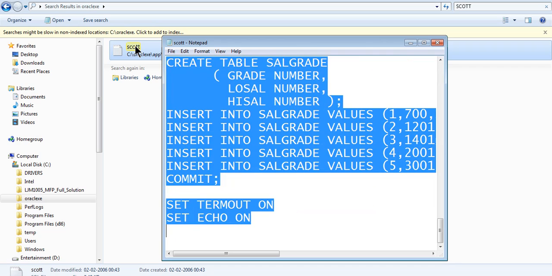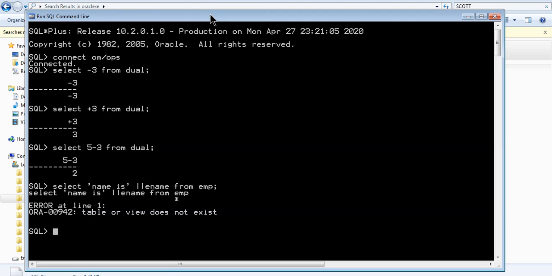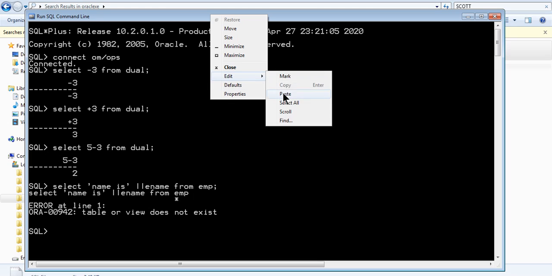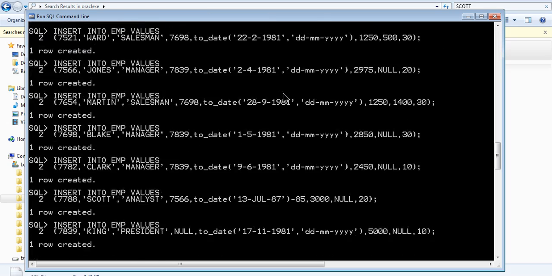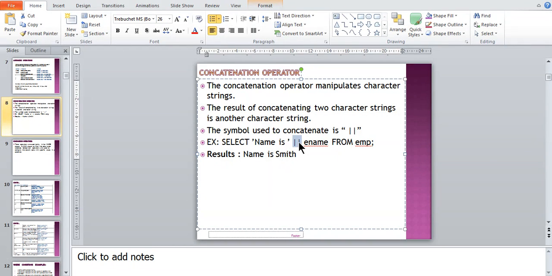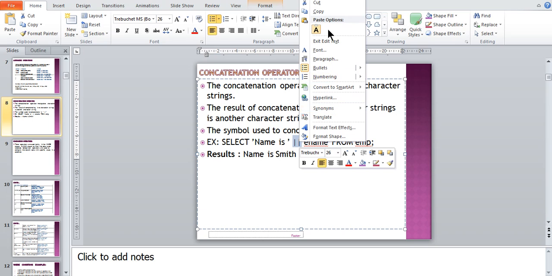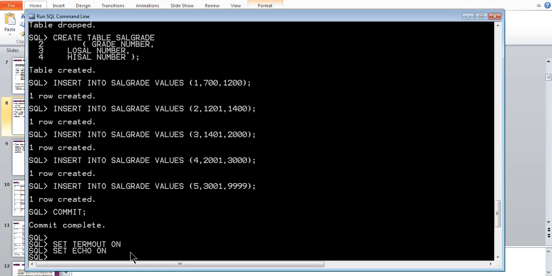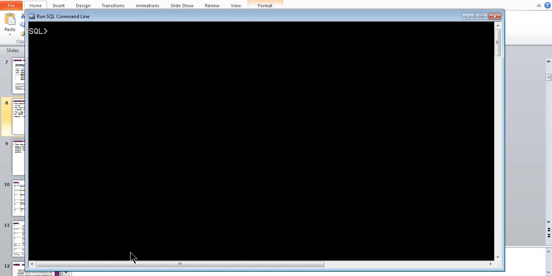Simply copy all these things and paste here. Now again, if I copy this, and let me clear the screen.